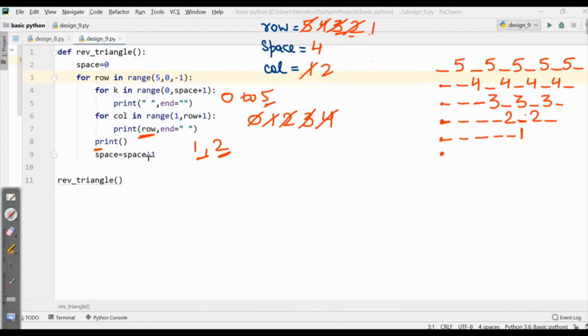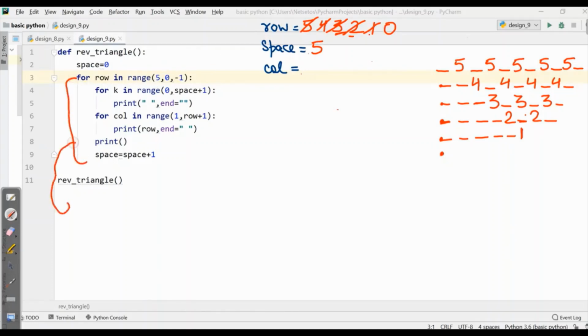Now space will get incremented to 5. Now row will become 0, as we asked row to run from 5 to 0. So it will come out of the outer loop, and here we got our output as the output we wanted.